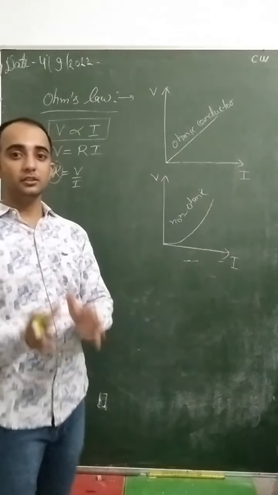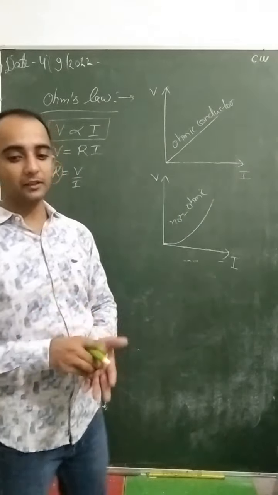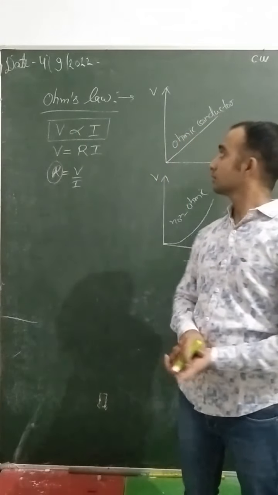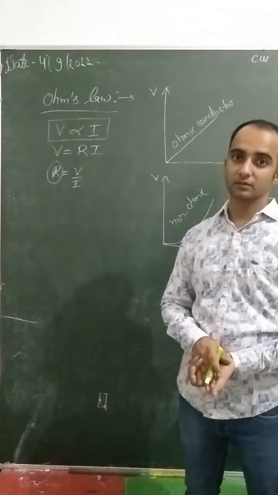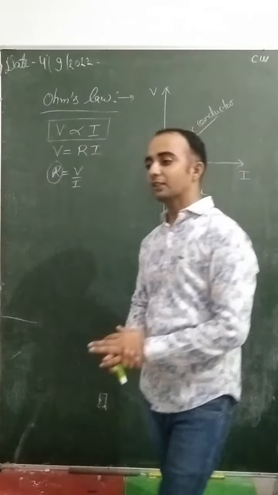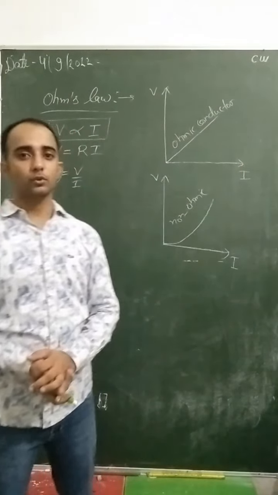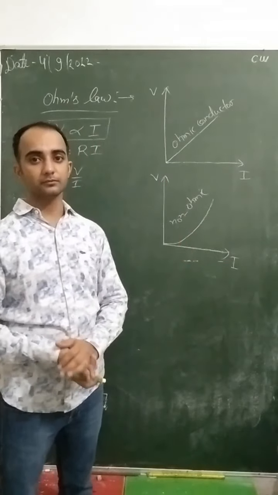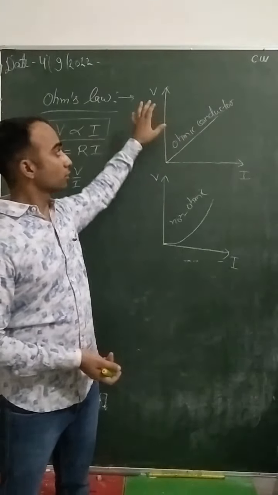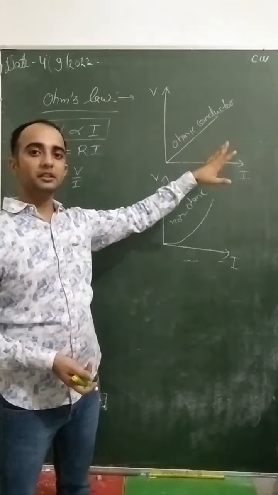And what is the use of VI characteristics? On the basis of this graph, you can select which type of conductor can be used in a particular place and what will be its resistance. So this graph is used to find the resistance. For every graph, you can use either its slope or the area under the graph. So here we will find the slope of this graph. Slope is always perpendicular upon base, tan theta or dy by dx you can say.